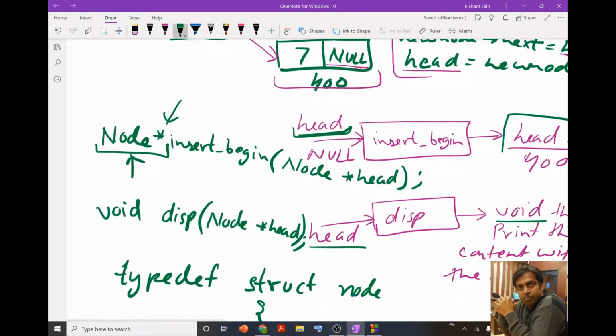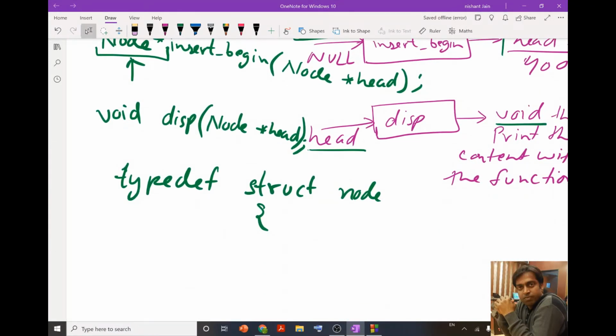Okay, so the data types of the two members of our structure will be int data, and the second is the next pointer, which is going to point to the next node of the linked list. So it is going to be struct node star next.